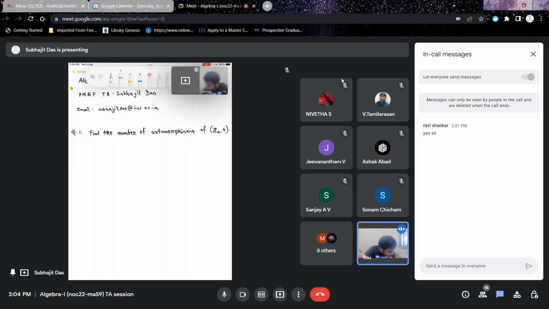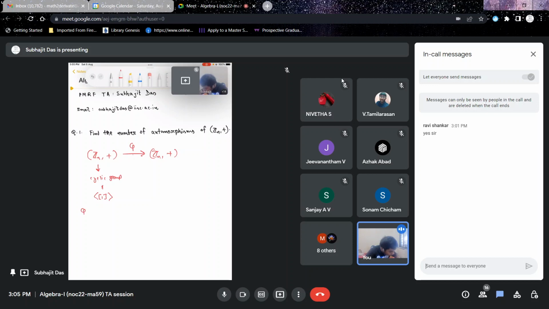If you consider Zn under addition, you know that it is a cyclic group, and the element 1, that is the class of 1, generates this cyclic group. If you take an automorphism of this group, then an automorphism, which is in particular an isomorphism, should preserve the order of the elements. So if phi is an automorphism of Zn under addition, then